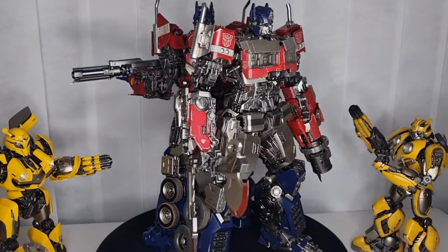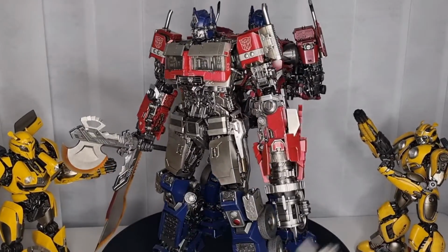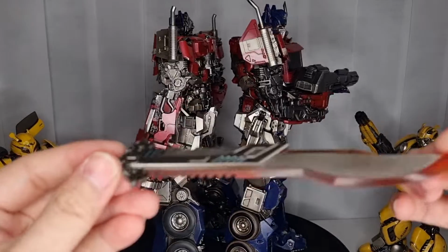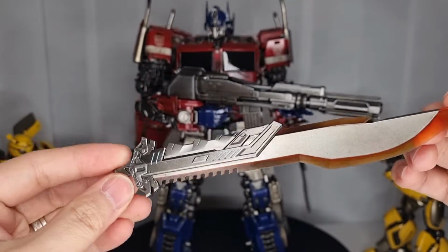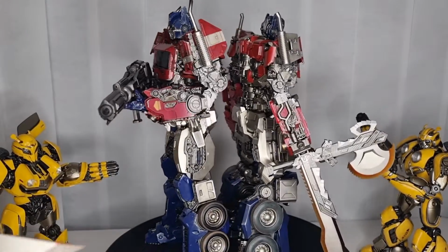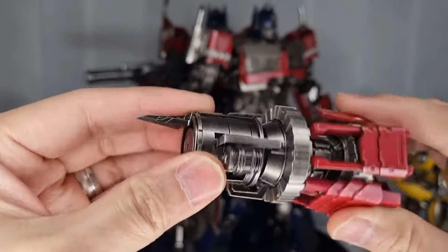So that's what happened now, basically. All right. So apart from the molding inside, let's talk about the good part. The good part is it comes with loads of weapon accessories, as I said. You get both of these energy swords, which is awesome. I like that. It also comes with this giant blaster weapon, which you can twist and articulate,